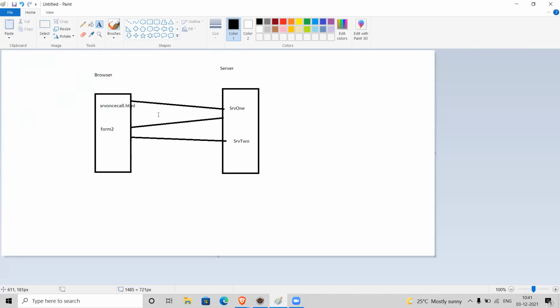We implemented one HTML page which hosts a couple of text fields. When we click on the submit button, that data is transmitted to the server. The server-side SRV1 servlet is executed, and this servlet adds form 2 information, reading the SRV1 HTML information and sending the same information back to the browser in the form of hidden fields.